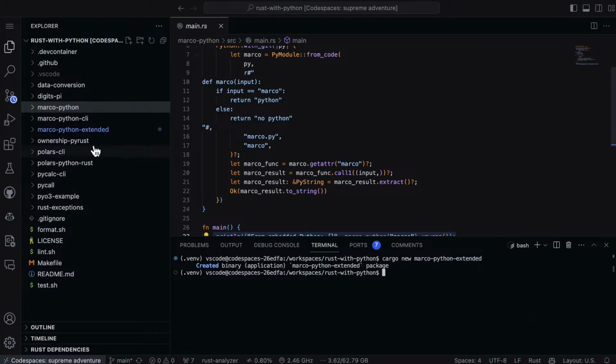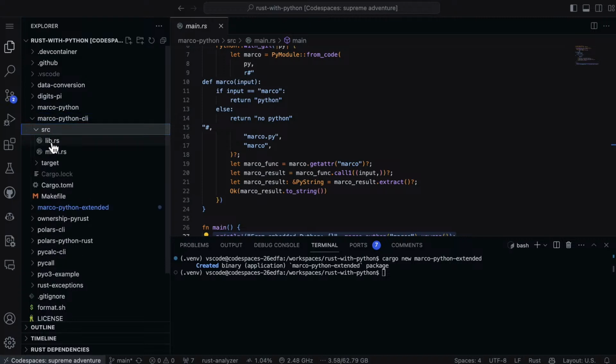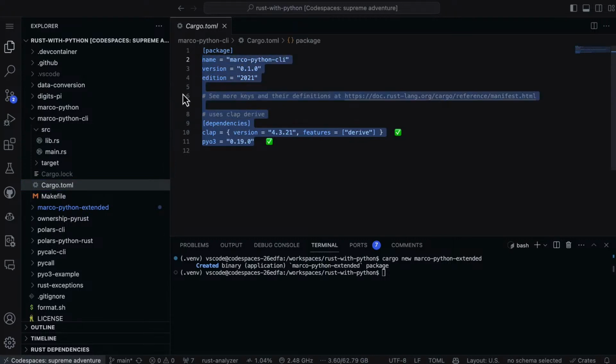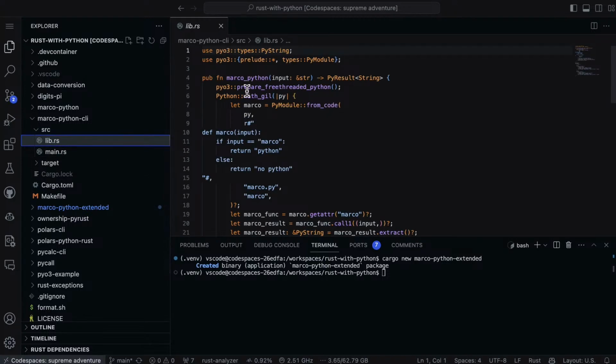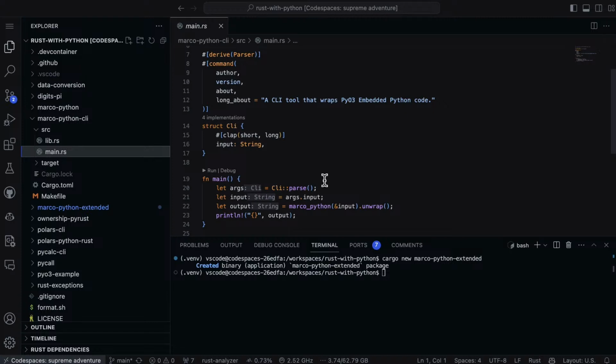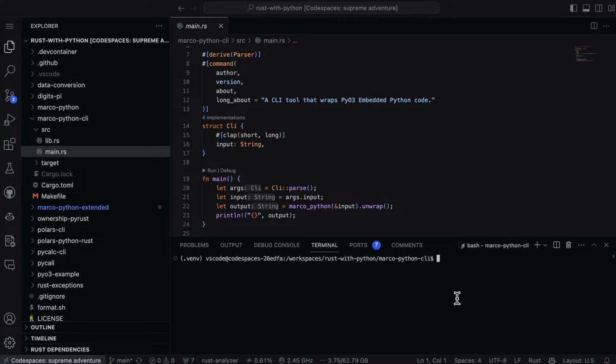Now we may even want to look at this. What did I do here? I used a command line tool here, and what I was able to do was put that code into a library, and then even wrap the Python into a cool Python input here. So basically, this is even better in that we could even parameterize our code. So in fact, let me cd first into this Marco Polo CLI here, and if I just say cargo run dash help,